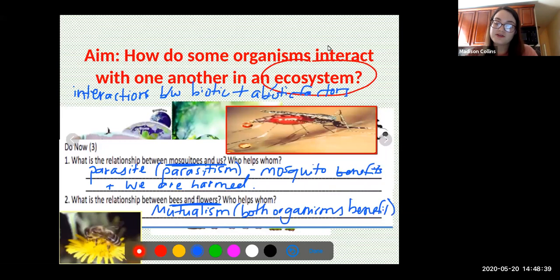So the bee is benefited because it's able to pick up pollen and nectar and use those for nourishment. And the flowers are benefited because the bees spread their pollen, which leads to more sexual reproduction. It spreads their genetic material and allows more flowers to be born. I guess they're not born, but it allows more flowers to be created. So both organisms in this example are benefited, and because of that, we call it mutualism, where there is a mutual benefit. And we're going to dig into these definitions in a bit more detail in just a minute. So if you're a little bit confused, hang on and I'll explain some more. All right, once again, if you have any questions, please write them down.